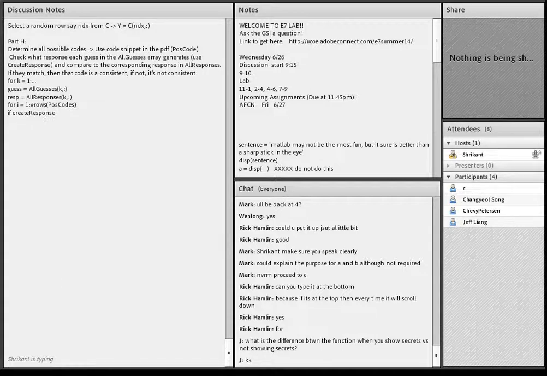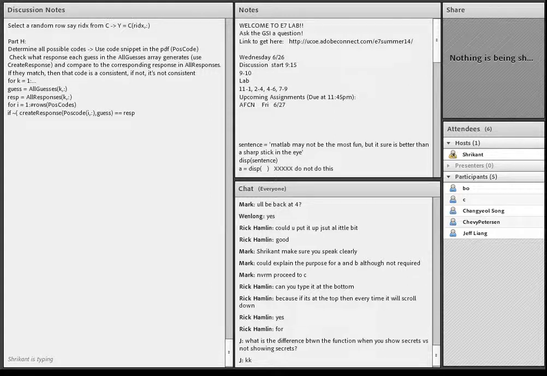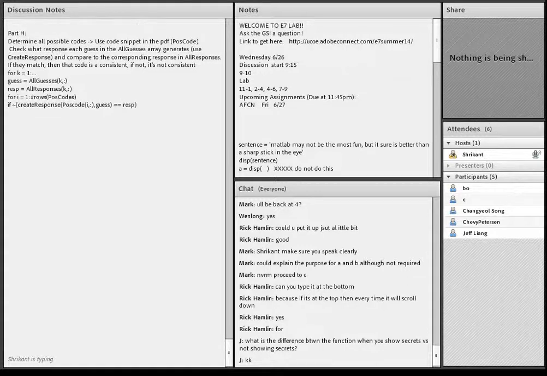Then you just check: if create response, supposing pos code i comma colon is the secret code and you guessed this guess, you'll get some response. Check if that is equal to the response you got for that code from the program. If it is, then that's a consistent code, so you don't do anything with it. But if this does not match,